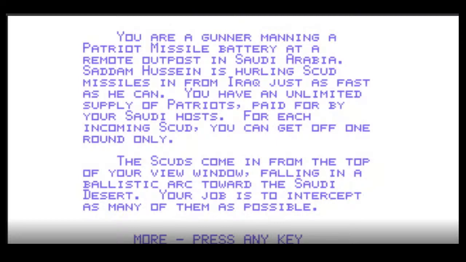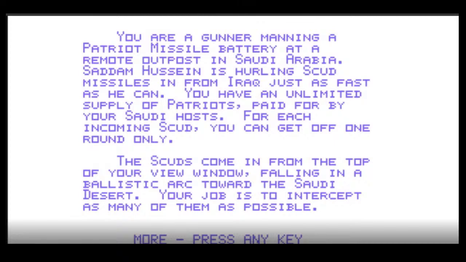The Scud is the name of the missiles, surface-to-surface missiles that were being fired into Kuwait at the time, as the American forces were trying to liberate it. So here's the instructions. You are a gunner manning a Patriot missile battery. Now, don't forget the Patriot missile uses a TI microprocessor in it because of its double accurate mathematics computing over a conventional chip.